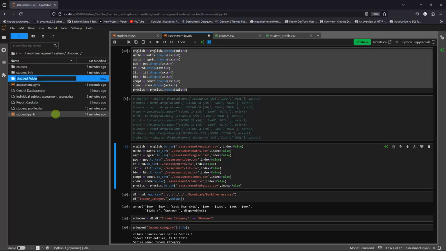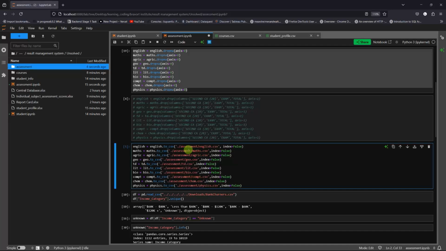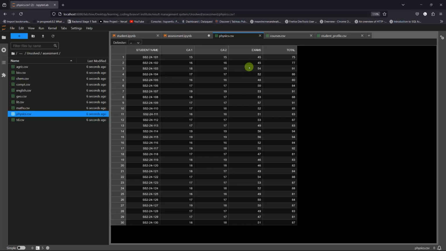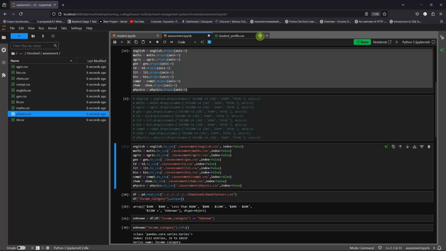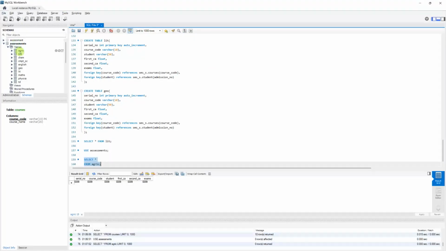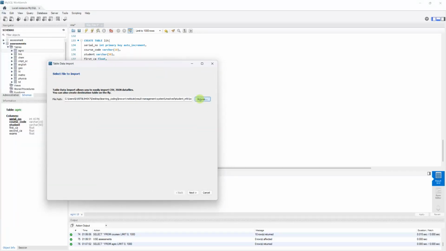I'll create an assessment folder where I can just run this. Which is interesting, it has already created the CSV file. I really don't need the total, but I don't have the energy and time to remove that. All I need to do is to save my work, go back to MySQL and start importing. So I'll right click, table data import wizard, browse, go to assessment,